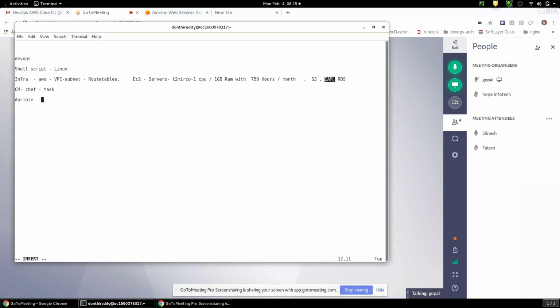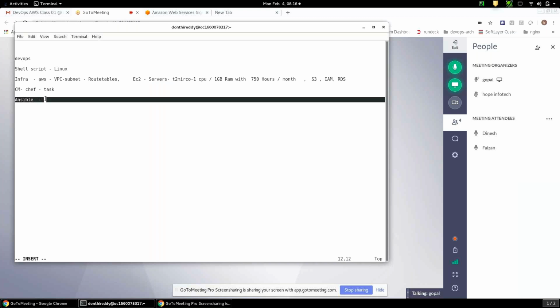But in Ansible, if you have a task and you inform Ansible, it will not do it automatically. You have to execute from your end using Ansible to run the task on the servers. That's how it works. In Chef, we have the agent mechanism. On all the servers we created on Amazon, we install the Chef agents. When you install the Chef agent, it starts communicating with the Chef server. So when you assign the task to Chef, it automatically executes on the servers. That's how it works. But Ansible is agentless.